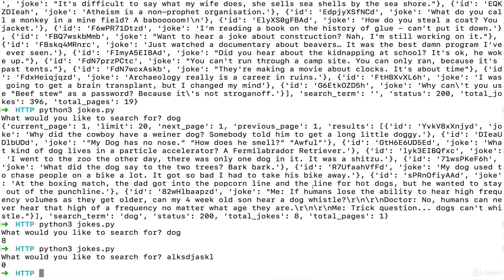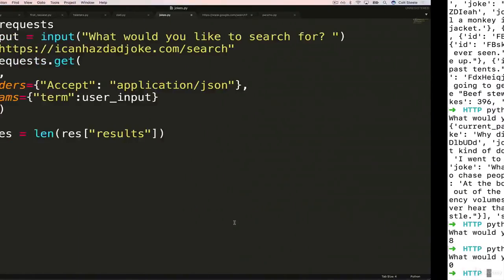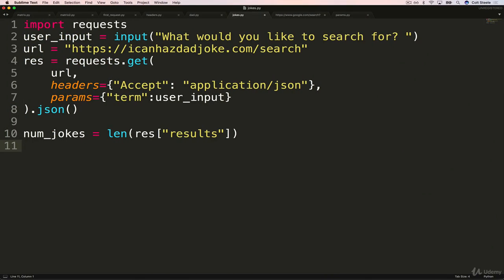If we look at what we get back from the API, aside from results, after results ends, which is right here, we have search term is dog, status is 200, total jokes is 8. So we can take advantage of total jokes and just do this.